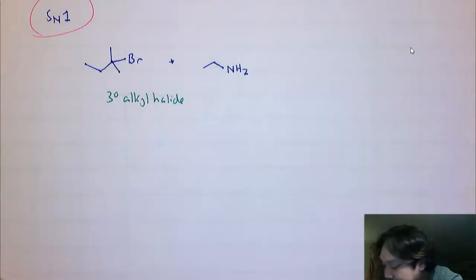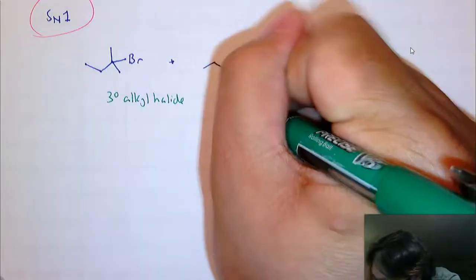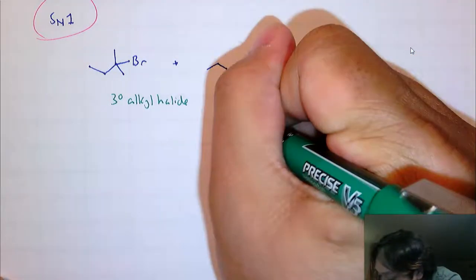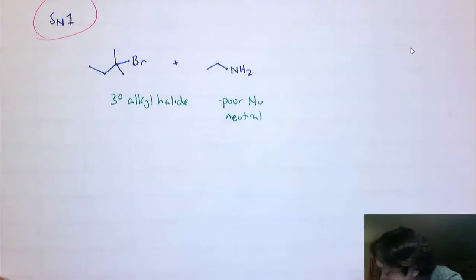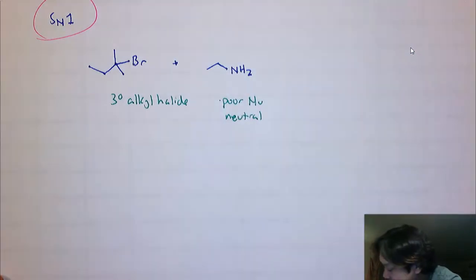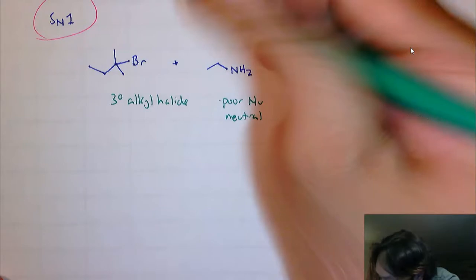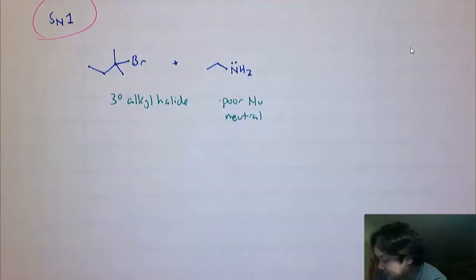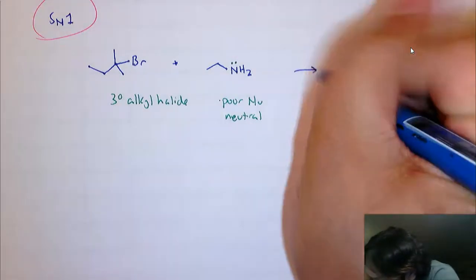Tertiary alkyl halide, poor. Why do I say this is a poor nucleophile? Because it's neutral. And we could draw the lone pair if you want. Okay, that's your attacking atom. I'm not going to draw the